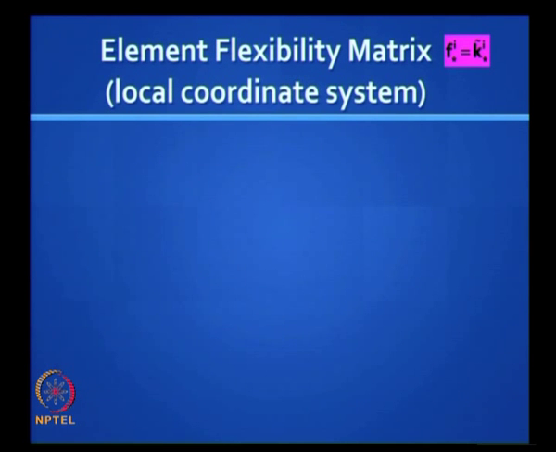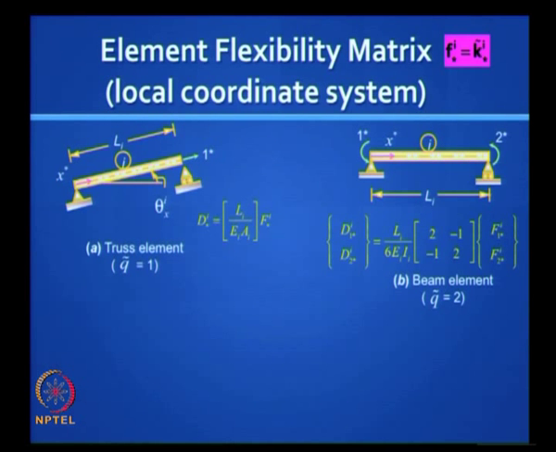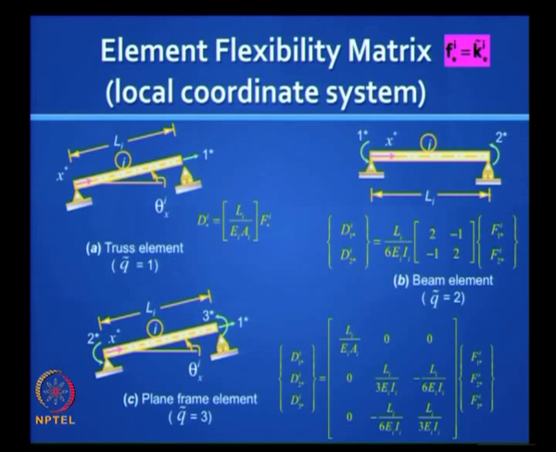What about the flexibility matrix? That is very easy. I flip it over and I call this axial flexibility. And look at this, this makes sense. Remember, if I apply a moment here, what is the rotation I get there? L by 3EI, and what do I get here? L by 6EI with an opposite sign. That is what this matrix tells you. So it is not difficult, and by the way it is the inverse of the previous one.